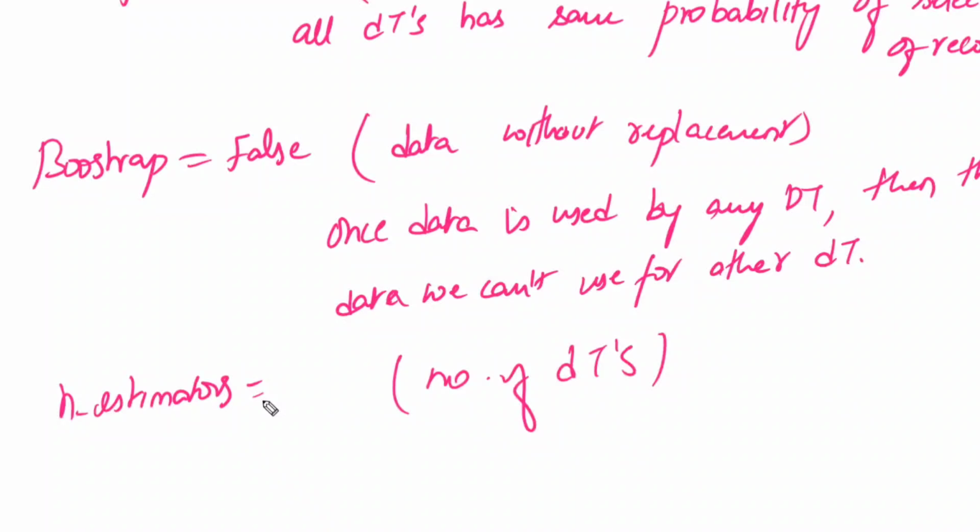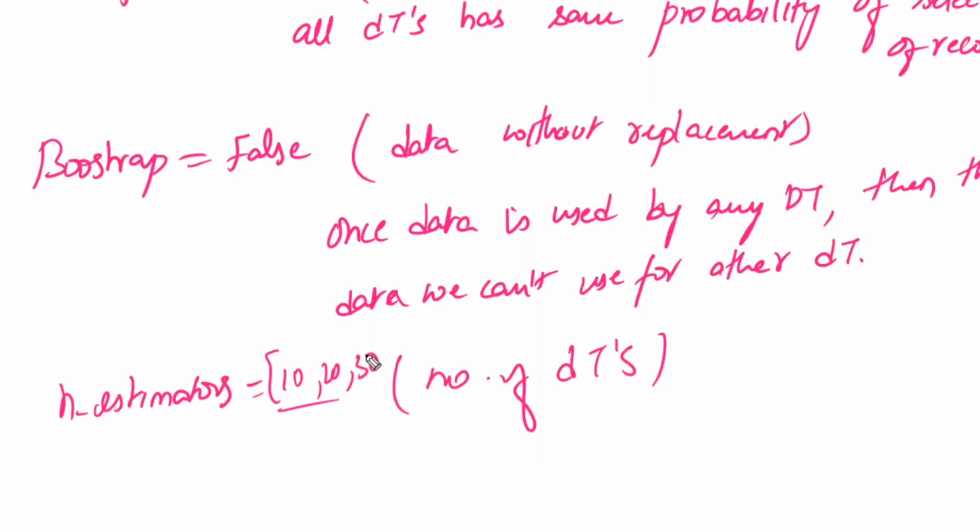These are all hyperparameters. Whichever hyperparameters there are, there is no fixed answer for a hyperparameter. So we have to do the tuning, hyperparameter tuning. We have to try with bootstrap equal to true and false. We have to try with n_estimators equal to first 10, 20, 30, 40. If the last number is the best, automatically you have to increase. If the last number is not the best, the answer is within that range only.